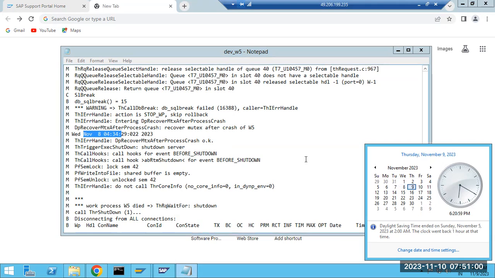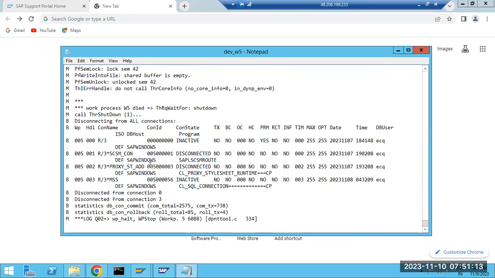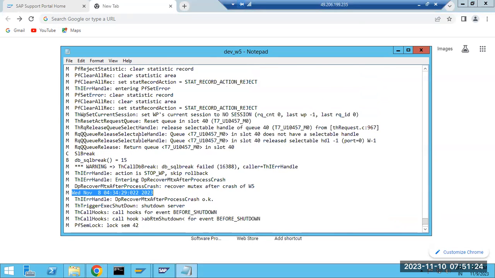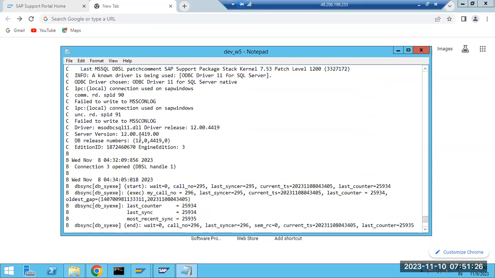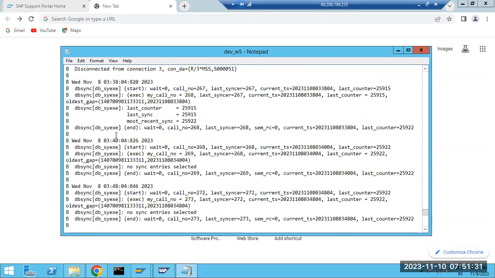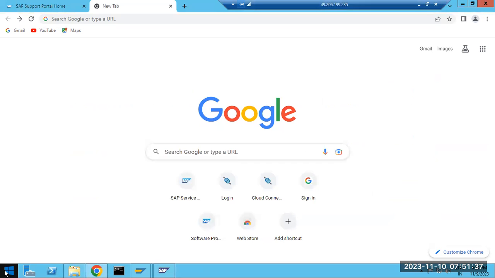So we need to check what's happening here, why the system went down. Yesterday I see at 8:34 the system went down. So I want someone to please look at the logs. What exactly happened in the system in the 10 minutes before 8:34? If you find that, then you are the real troubleshooter. Here the logs are available from 8:24. So you can see what happened here. You can check the logs.